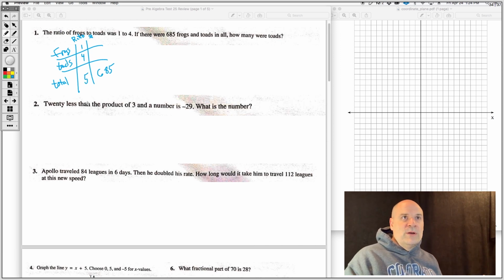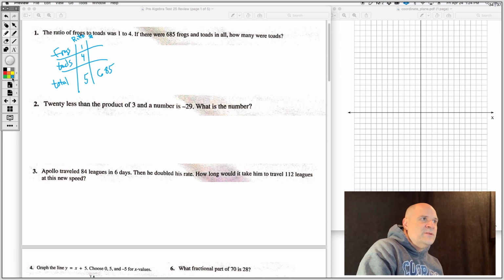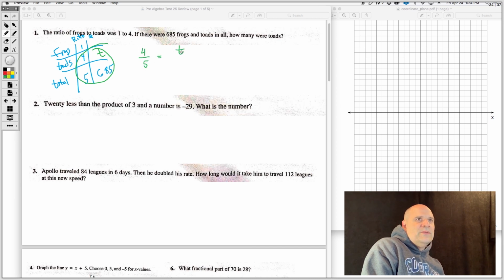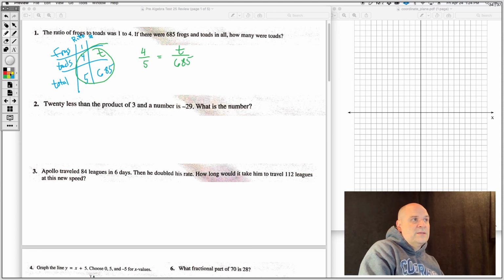Okay, so now what are we asking for? Toads. So this is what we want. So I'm gonna put a variable here. Let's say T for toads. Okay, so now look, I've got a proportion here. If you want to rewrite it, you can. If it makes you feel better, you can do that. But then we're just gonna fish method, or you can use the equivalent fraction method. Either way works. You can fish it by multiplying 685 times 4 divided by 5 to get your T, or